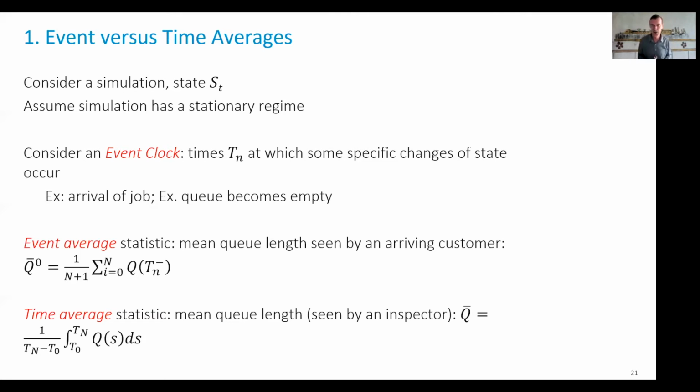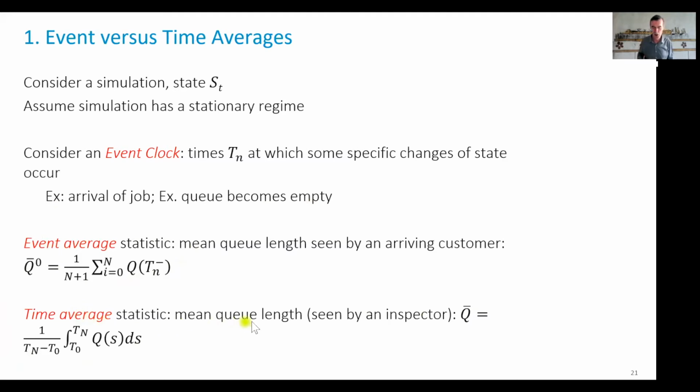If you are interested in booking, for example, a reservation for vaccination, then what matters is when you decide to try, then you join the queue, and how much time you wait, which of course could depend very simply on how large the queue is. That's a possible way of defining the statistic. But there's another way of defining the statistic.